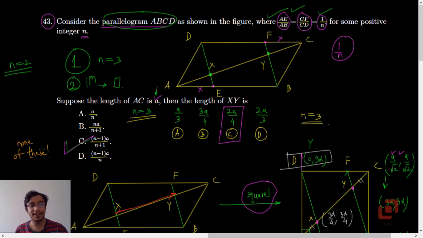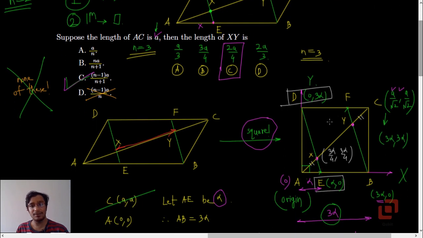If instead of D there had been the option "none of these", then maybe I should have gone with the intended way of solving this problem. But anyways, because "none of these" is absent, do these simplifications and start. You see, in the case of "none of these", we may still be in a position to solve the problem, but then we cannot assume that n is equal to 3. We have to keep n in our calculations. But anyways, transforming the parallelogram to a square is going to work.